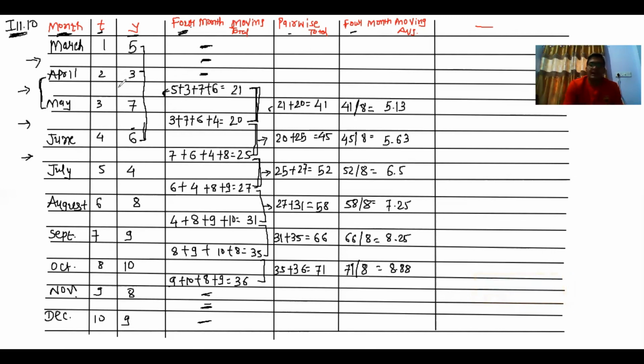Okay. So finally this sum is over. This sum can be asked in the exam for 5 marks. Be ready for it. Section F. In Section F, they can ask for these types of sums, and it is a compulsory 5 marks sum. It can be of 3 years moving total, 4 years moving total, or 5 years moving total. Okay, so be ready for that.